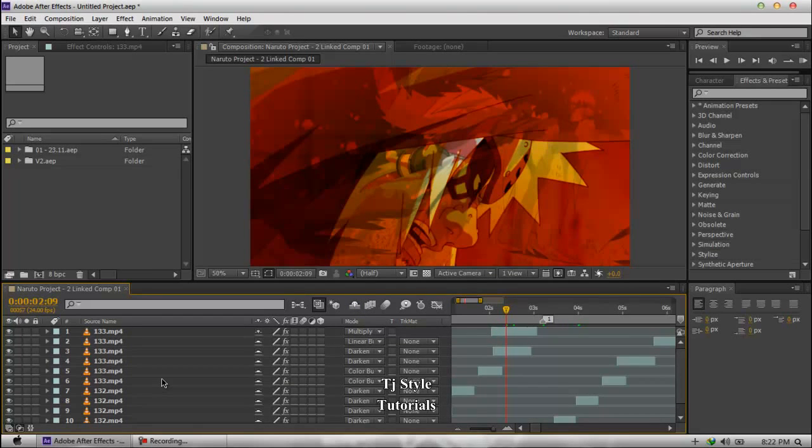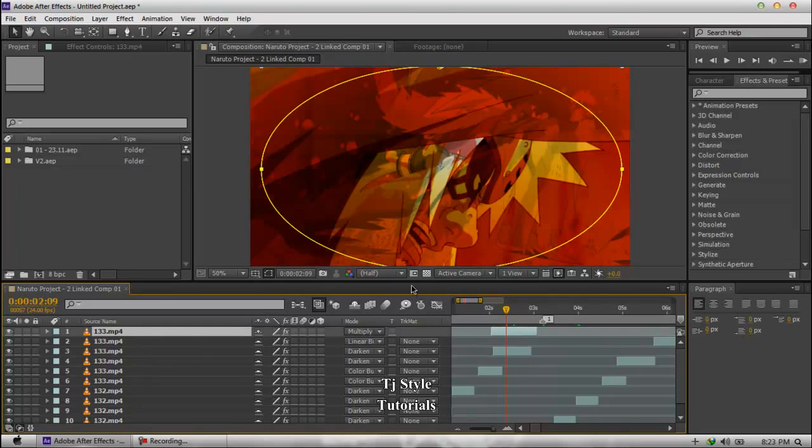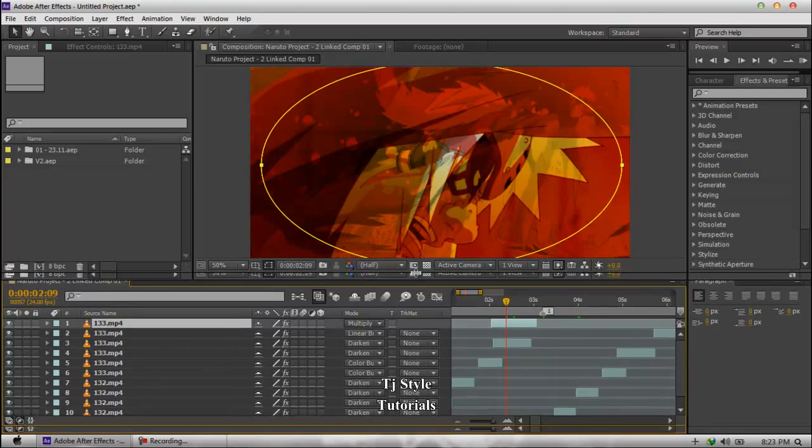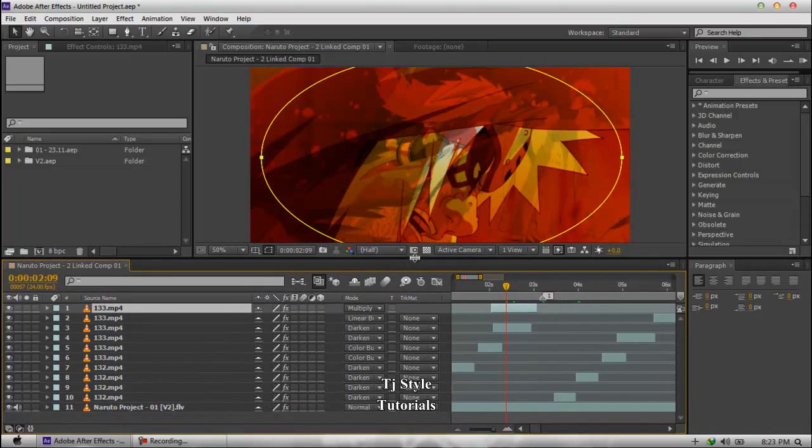pre-composing, or having a composition in your timeline. Now, if you are wondering how that can be possible, let me show it to you. This kind of trick is really used by animation users of Adobe After Effects. I'm just going to increase the timeline once again, so you can see the